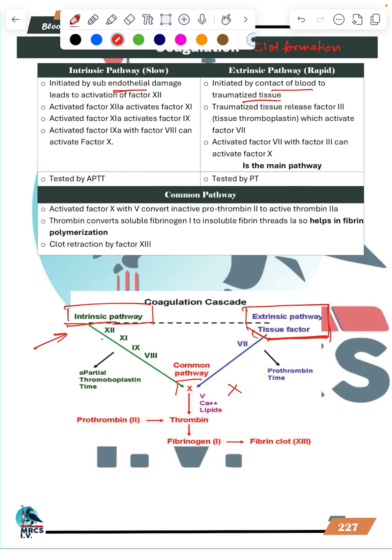Through the common pathway, prothrombin, a factor 2, is converted to thrombin. Thrombin acts on fibrinogen, factor 1, to form fibrin clots. This is the main end product. This is plugging the injured site and preventing the bleeding. Then afterward, fibrin is destroyed, lysed. So that is called as